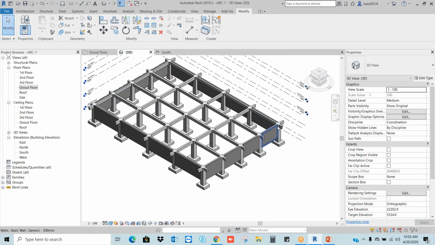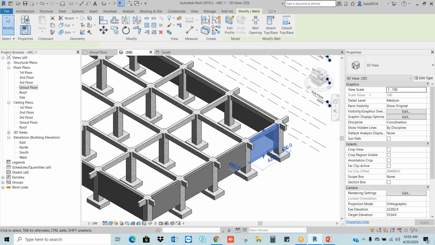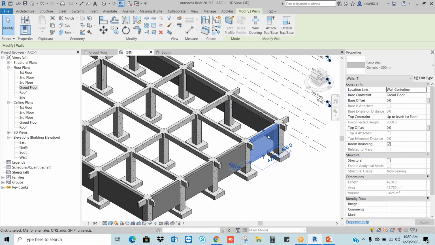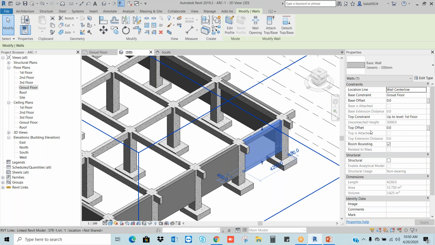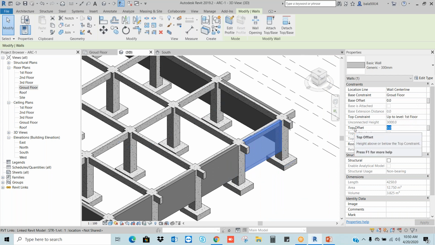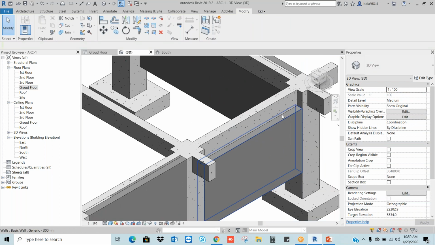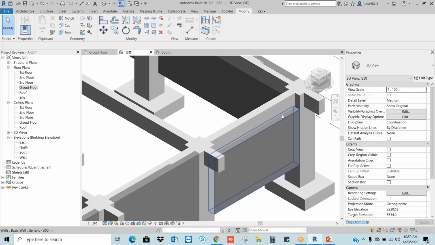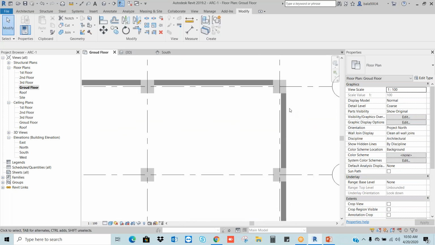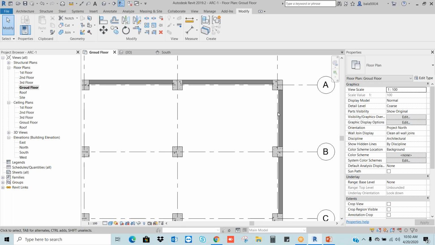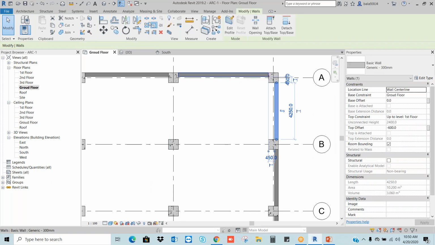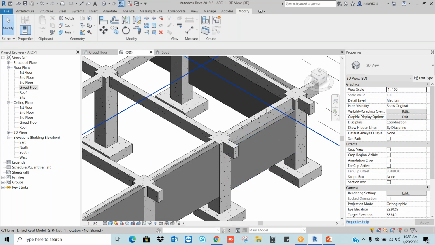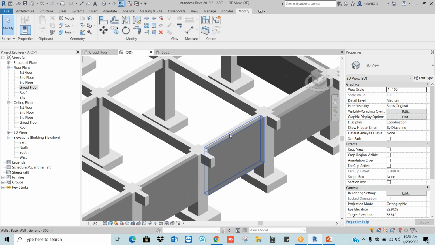So now this wall should come 600 down. Okay. So I selected the wall. In the top constraint, I am going to give the top offset. How much? Minus 600. What has happened now? It's reaching below the beam. Something wrong here. Need to check. Our beams are in the middle of this column we drew. That is the reason we are unable to check it. Okay. So we need to draw the beams properly. Just I am giving instructions. Okay.